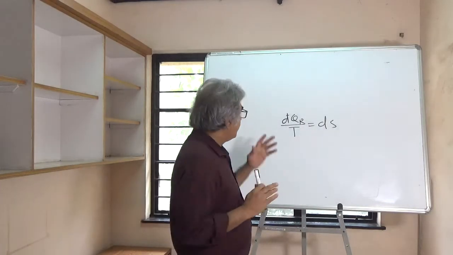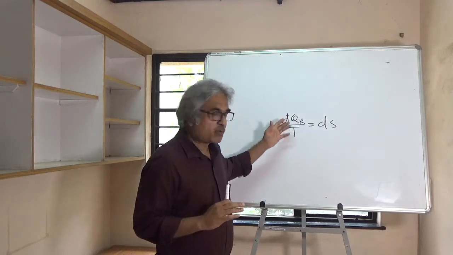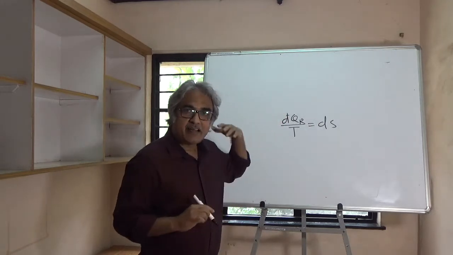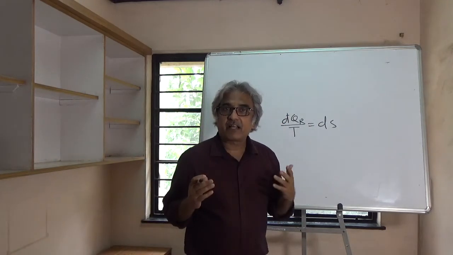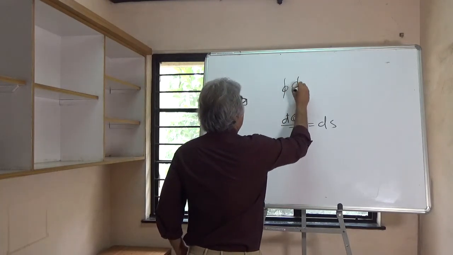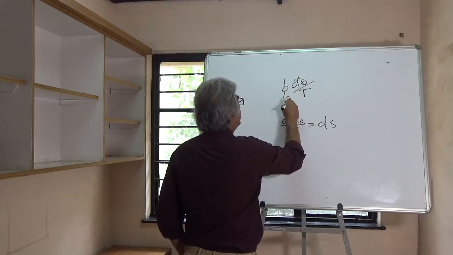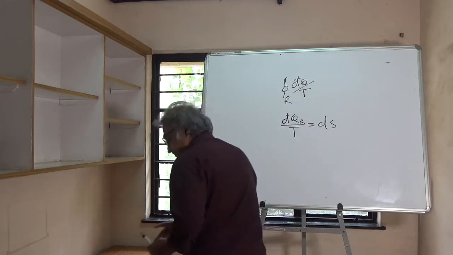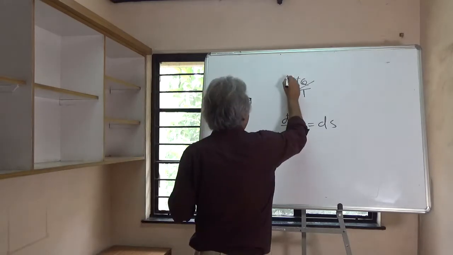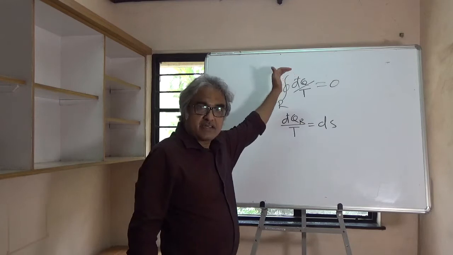Last lecture we came across this term dQ by T for a reversible process is equal to dS, and this we arrived at after we derived the Clausius theorem. And what was Clausius theorem? It was cyclic integral of dQ by T for a reversible cycle. So this is for a cyclic integral of dQ by T, and the cycle is reversible, is equal to 0. So this was Clausius